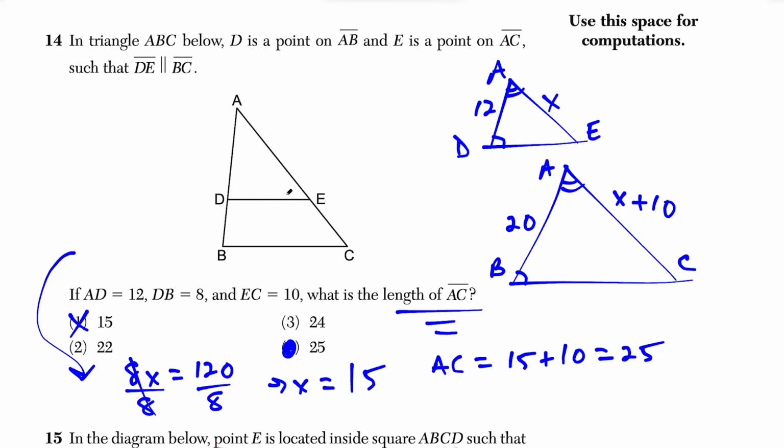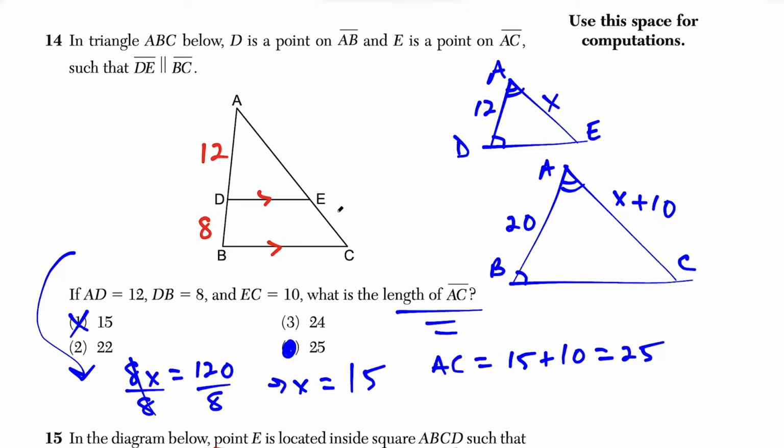Now, before we move on, let's look at one more way to do this. For the second method, we're going to use the side splitter theorem. The way the side splitter theorem works is, because we have these parallel segments here, the segment DE is going to cut sides AB and AC proportionally. Anytime you introduce a segment that's parallel to one of the sides of the triangle, it cuts the other two sides proportionally. So when they gave us AD is equal to 12 and DB is equal to 8,